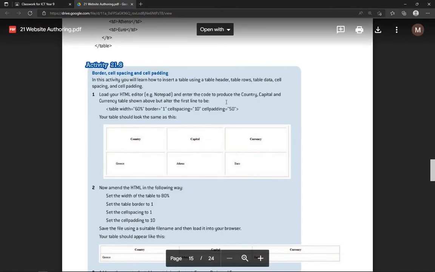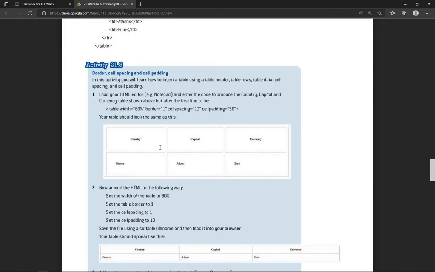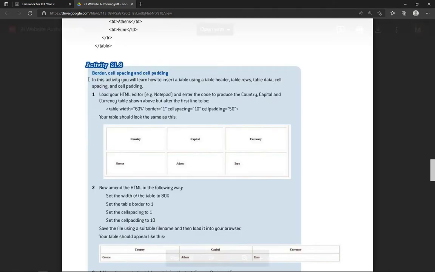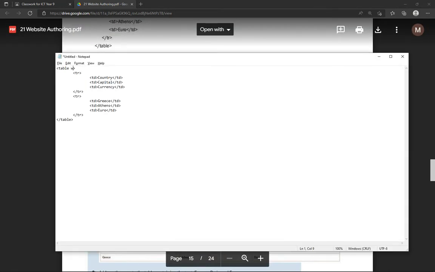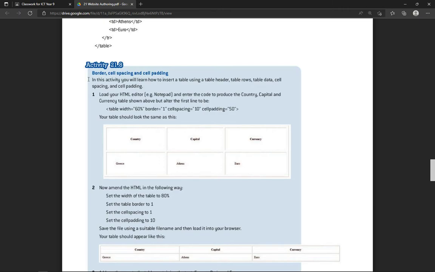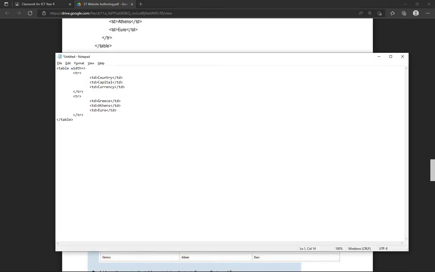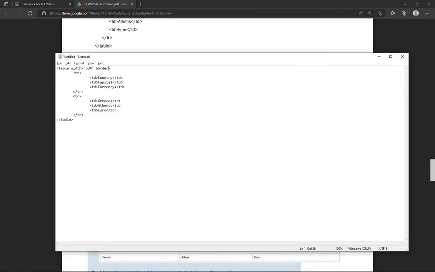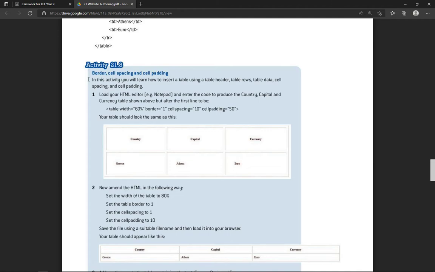Just want to see if they told us to save this as anything. Not yet, but let's copy in everything that they put in here. So in table, oh sorry, width should be 60%, and the border should equal 1, and cell spacing,